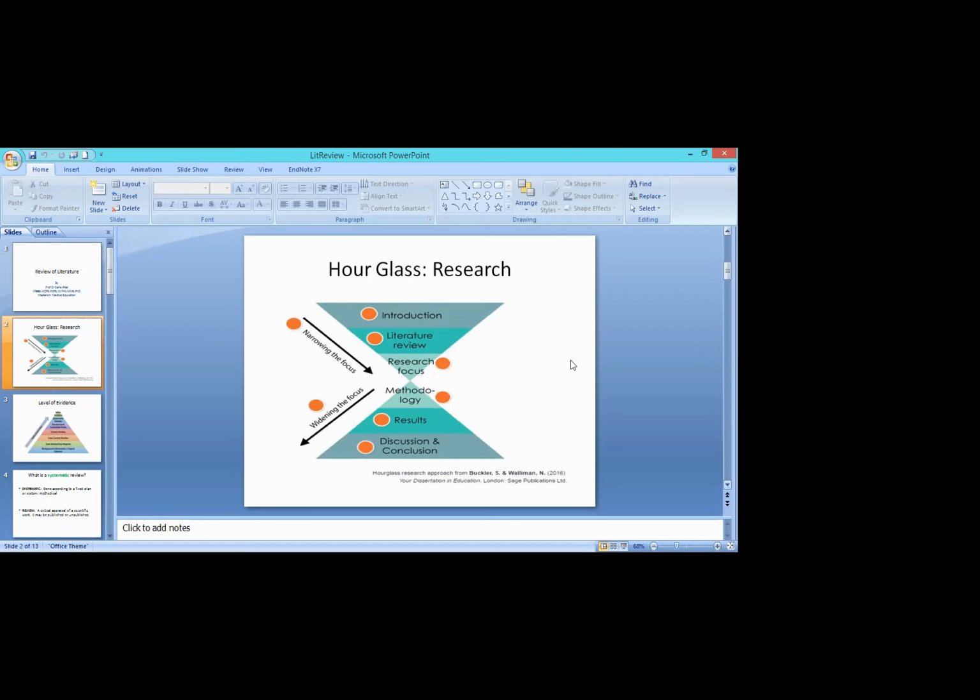Would anybody like to comment on what is the difference between methods and methodology? Dr. Daud, if you please unmute yourself. Methodology is the sum of all the procedures or the activities we will be adopting in our research, while the method indicates what kind of tool we are using, in a sense. Anybody who wants to add to it? Dr. Rabia, would you want to add to it? What is the difference between methodology and methods? We have short time, please.